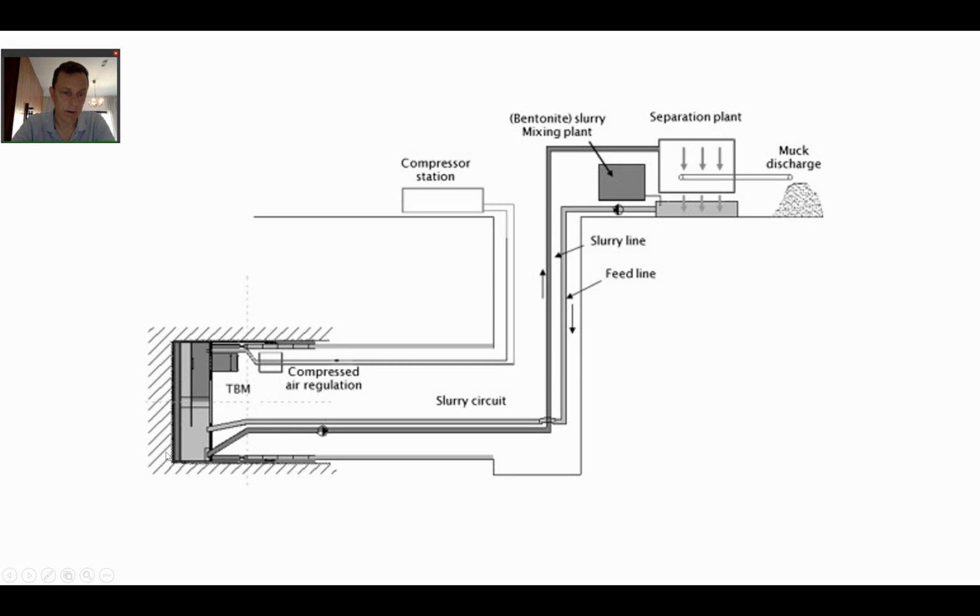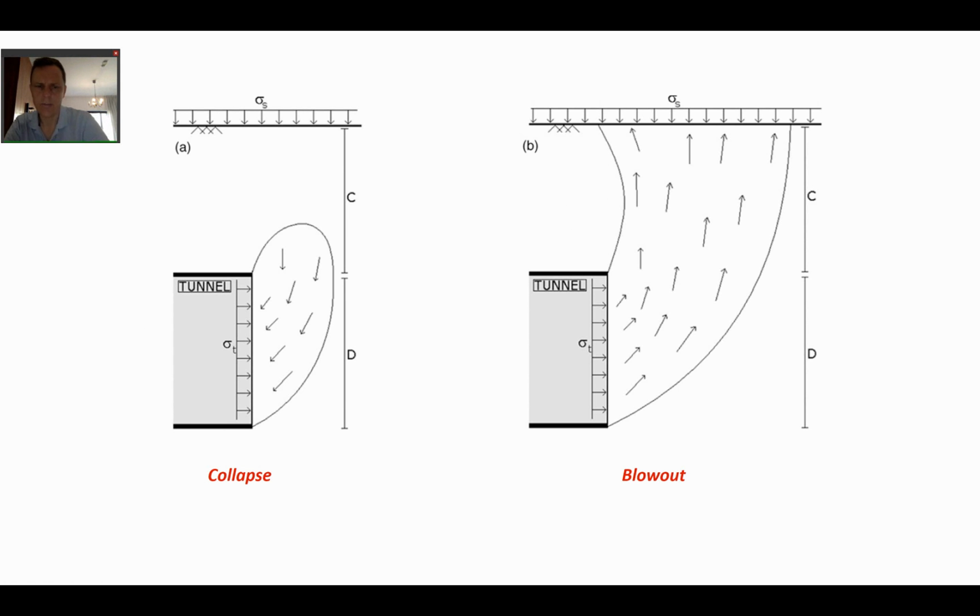This pressure out here, which is sort of a fluid pressure in modern operations, is of course to control potential local collapses here in front of the machine, which would eventually translate into settlements at the ground level, which of course is not something that's particularly desired, and also to control the inflow of water into the tunnel. So that's the way it is often done, and so this